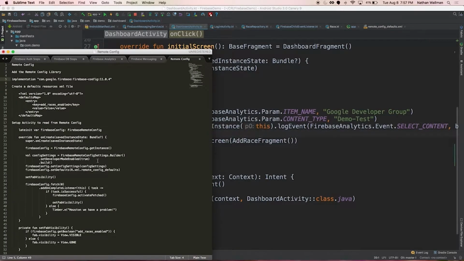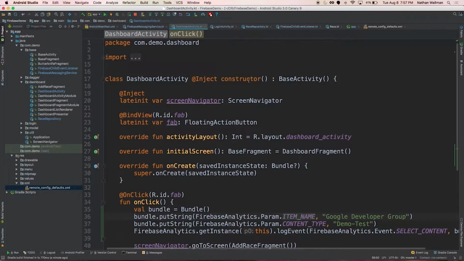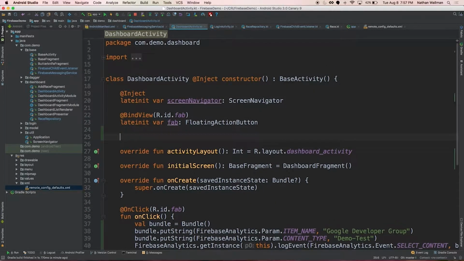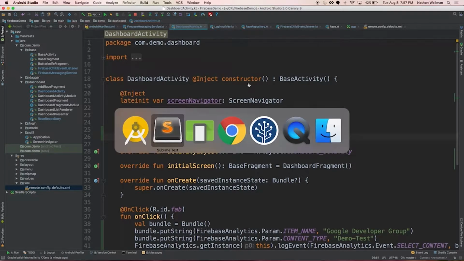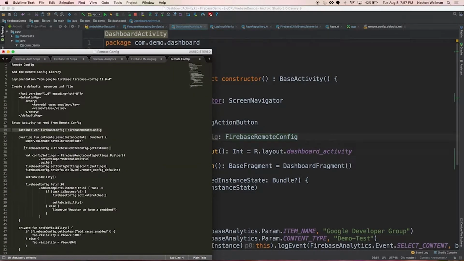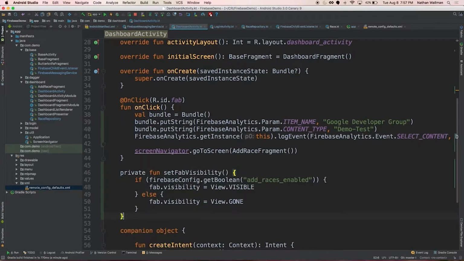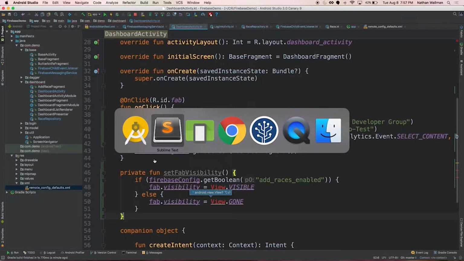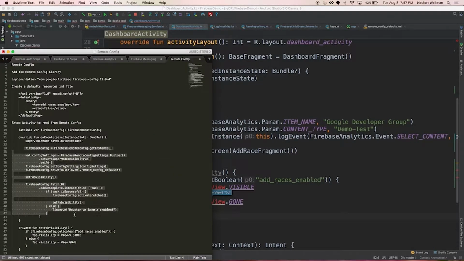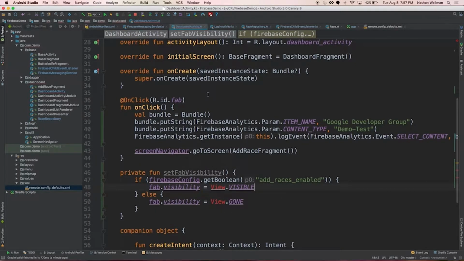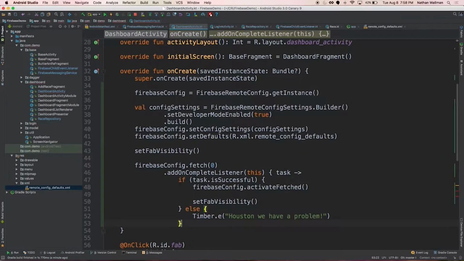Yes. All right, so I'm not going to code all this from scratch again. I'm going to get a reference to the remote config, just like we've done similarly with the Firebase Database. Then I will put this in here. Actually, I extracted out this method to toggle the state of visible or not on my floating action button. And when this is created, I'm going to set this up here.